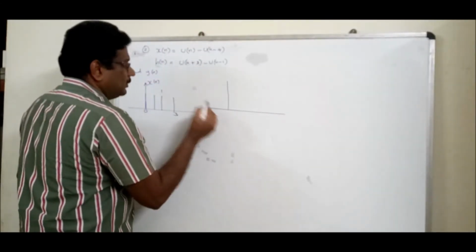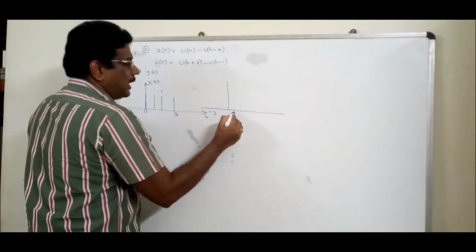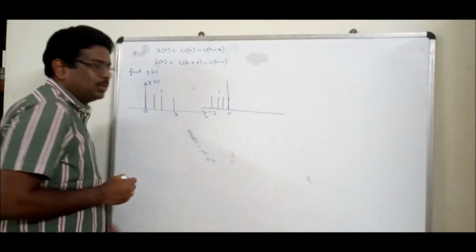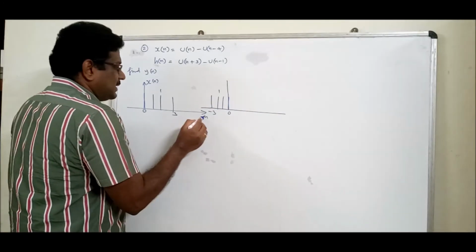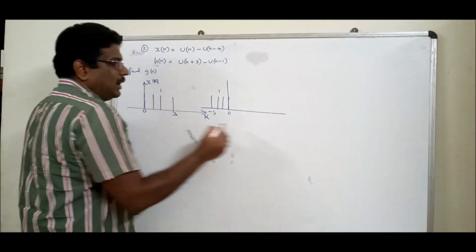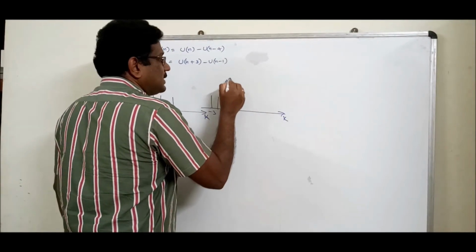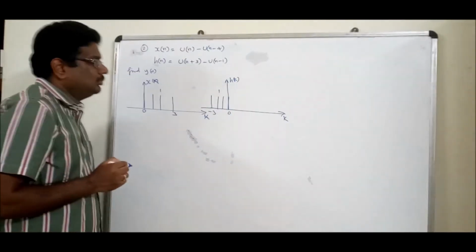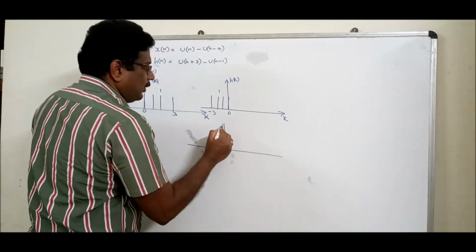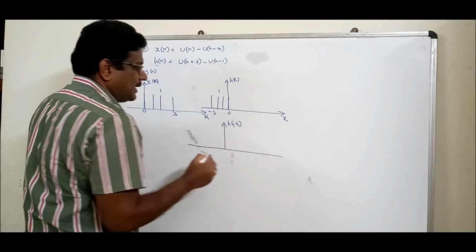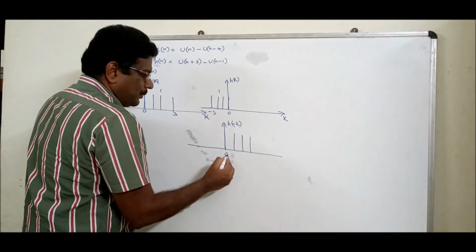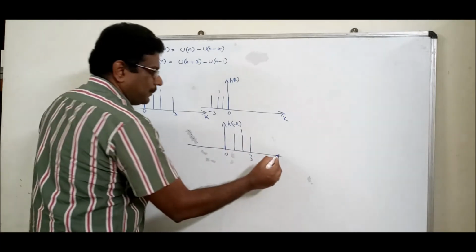This will be minus 3 and up to 0. Whose amplitude is? If it is n, it is x of n. If it is k, it is x of k. If it is k, it is h of k. That is the issue. Next, let us do reflection. If you do reflection, what is h of minus k? Right side goes to left side, it will be like this, 0 to 3, whose amplitude is 1.